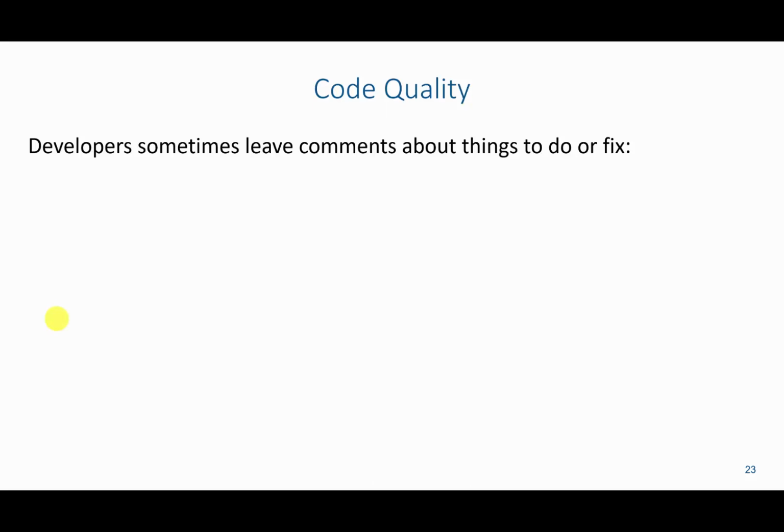Sometimes developers leave comments inside of their code kind of telling themselves, hey, I need to address this or fix this later. But a lot of times what happens is they end up leaving this code in their application for anyone to see. So for example, an HTML comment looks like this. We have less than, !, and then the comment, and then